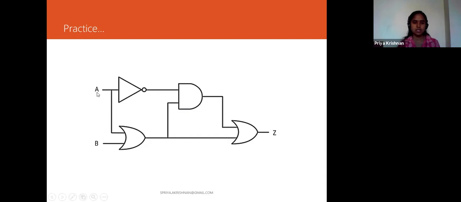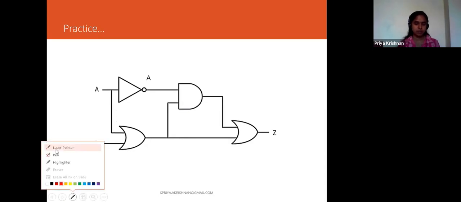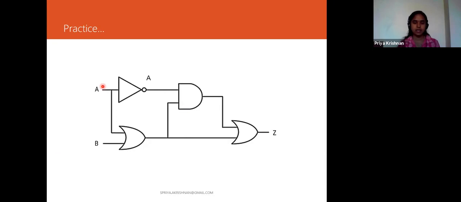So what is the answer here? If I apply A here, I'll get A bar here, and here it is an OR gate, so it is A plus B, and this is an AND gate.